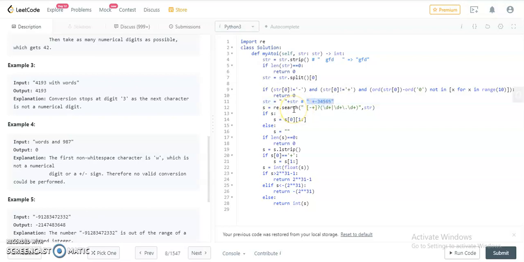Now I introduce the regex parser. What this regex parser is basically doing is checking if the first character of the string is a space. Yes, it is a space. Then it is checking whether or not the plus or minus is there, only one occurrence, 1 or 0 occurrences. So here are 2 occurrences. See, here is 1 occurrence, so fine. And second, it is checking is there any numeric character, but here is minus, so we're going to return 0 for these kinds of